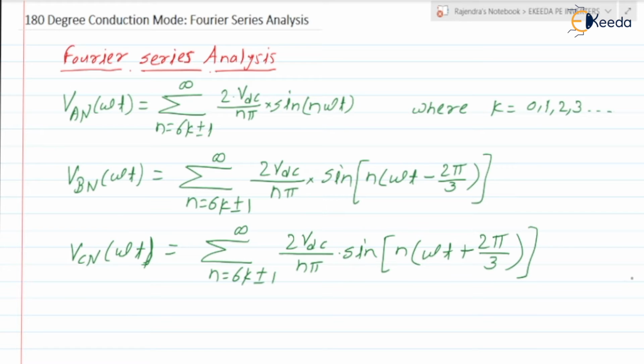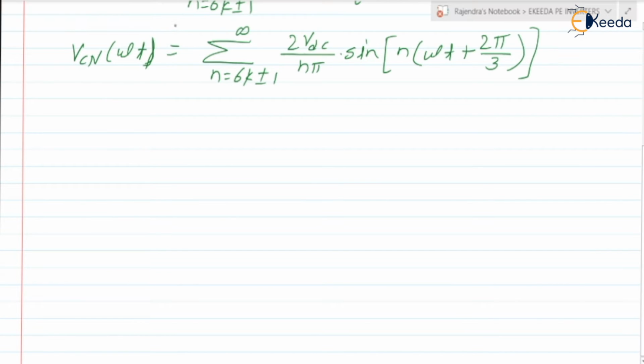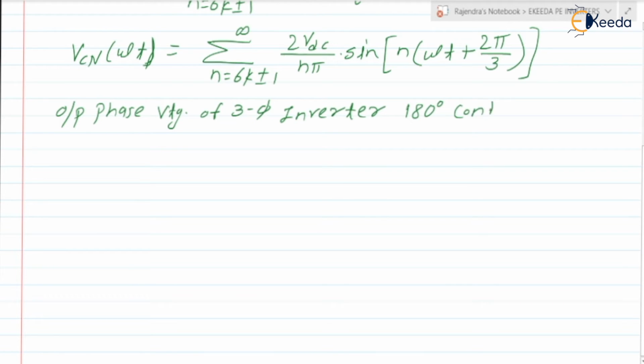So these are the expressions for phase A voltage, phase B voltage and phase C voltage. From this, can we say that in the output phase voltage of the 3-phase inverter of 180 degree conduction mode,